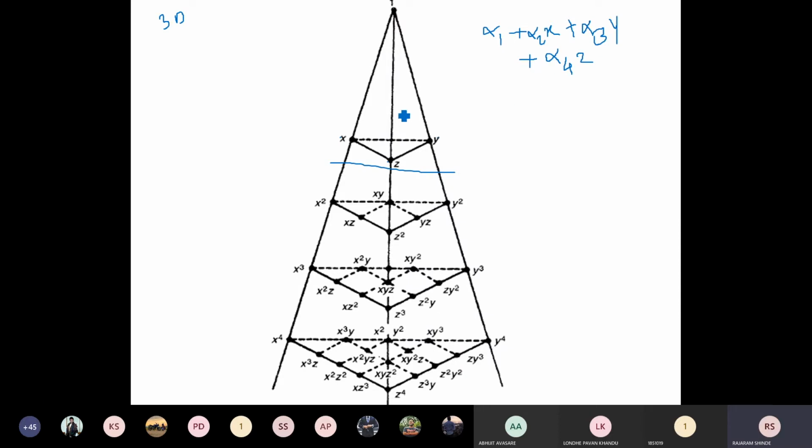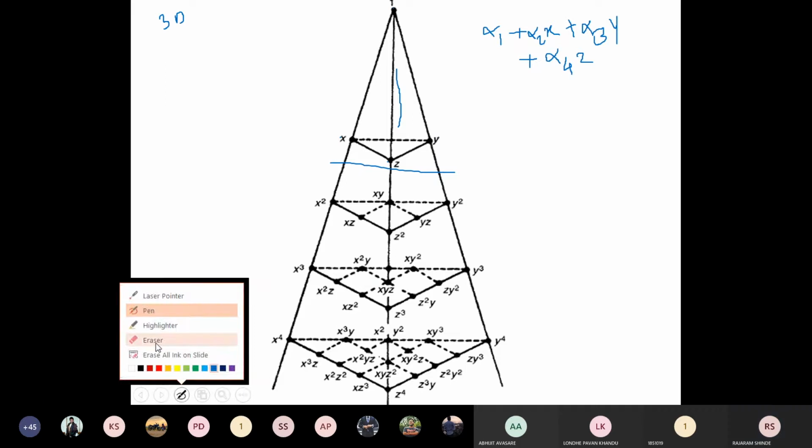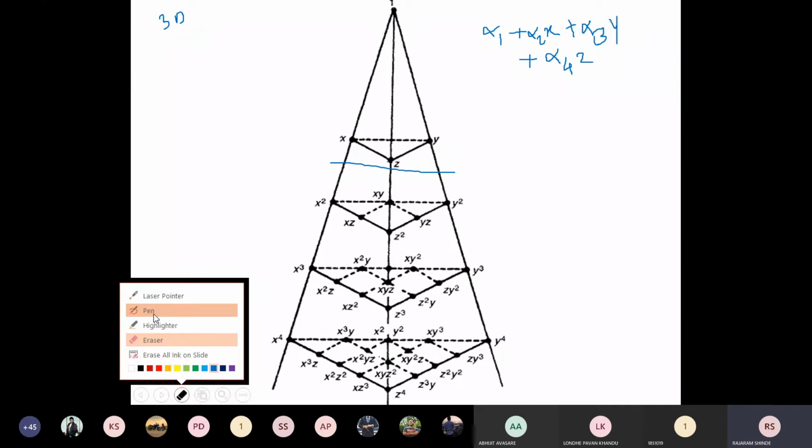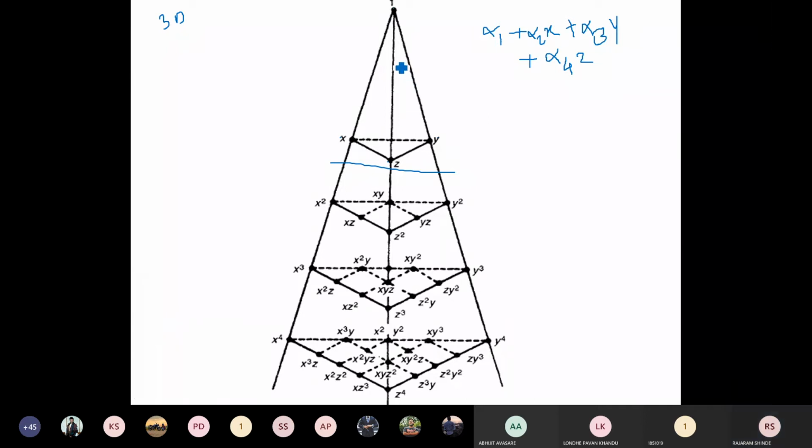Okay, now you can see here, if we consider this vertical line as the axis of the tetrahedron, this one. Vertical line means not at z, it is at the center of this base triangle. Now see here, this is on one side, this is x, this is y, and this is z, and one is on the line. Therefore this polynomial is symmetric about the axis of the tetrahedron.